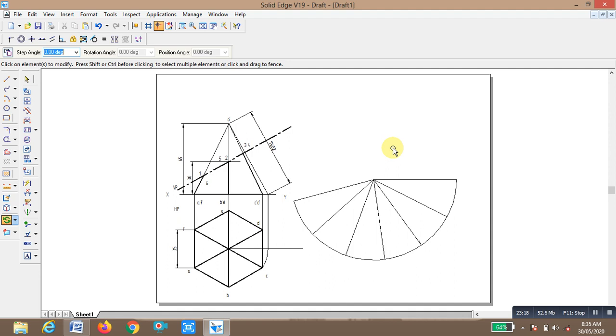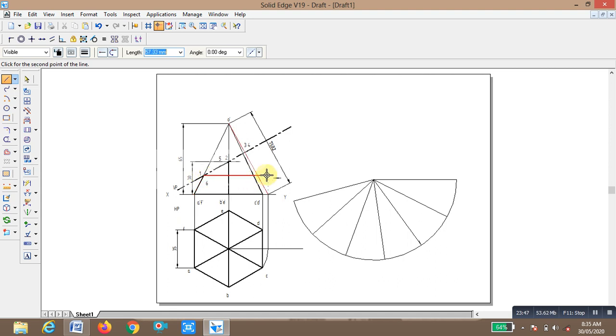Point 1, how much is the distance at which the first line is located. Select the line command, the thickness of the line is 0.13, so draw this line on this. Similarly this line. Go to the trim command, trim this and draw the line.